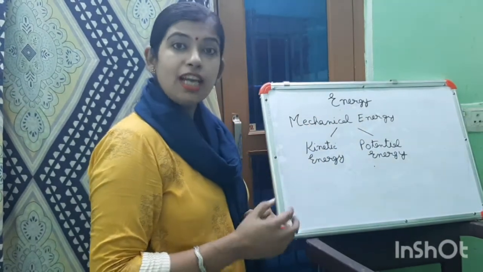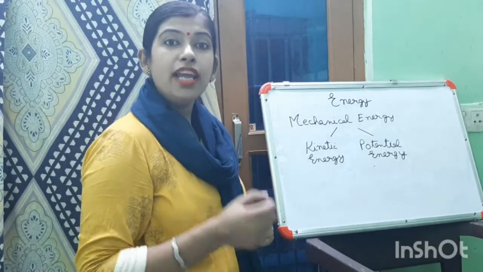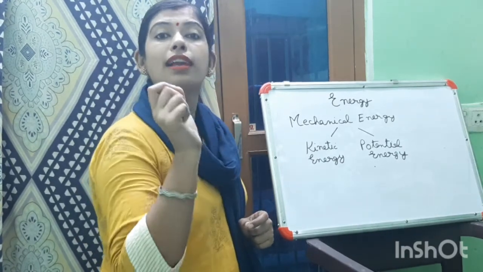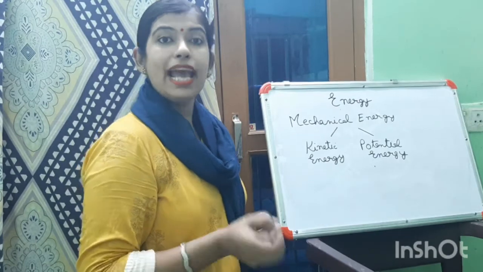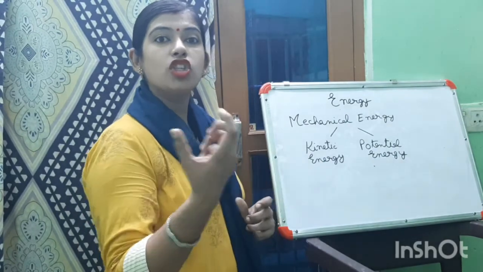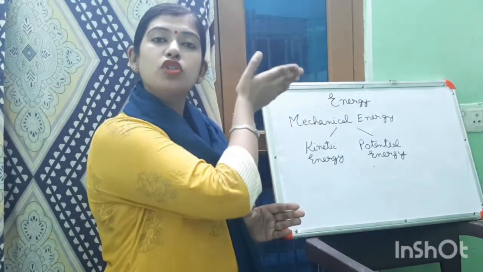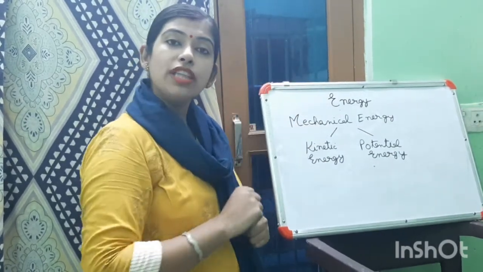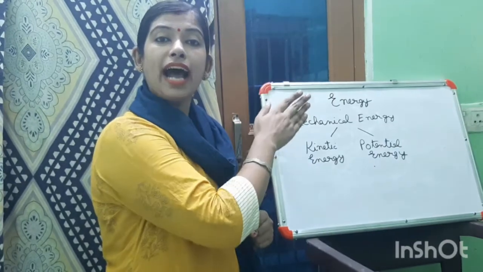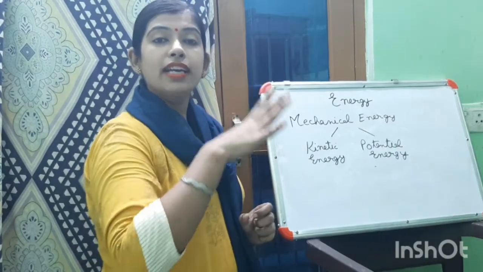Second is potential energy. Potential energy is defined as the energy possessed by a body by the virtue of its position. मतलब अगर कोई body की position और configuration के कारण जो उसमें energy है, that is known as its potential energy. अब kinetic energy और potential energy का जो एक simple example है, that is the dam. डैम में जो वाटर स्टोर होता है at a height, तो उसमें क्या होता है हमारे पास potential energy. When that water is released from that height to lower grounds, then the potential energy is converted into the kinetic energy.